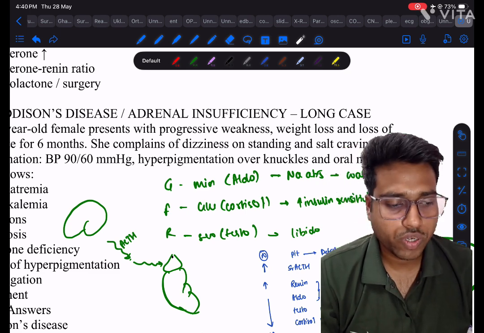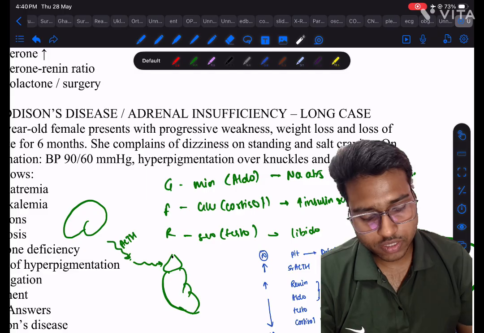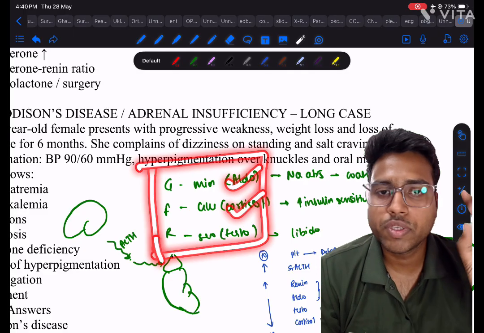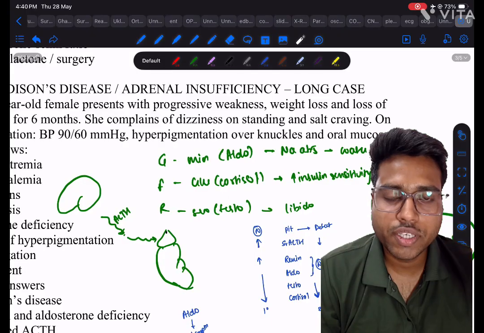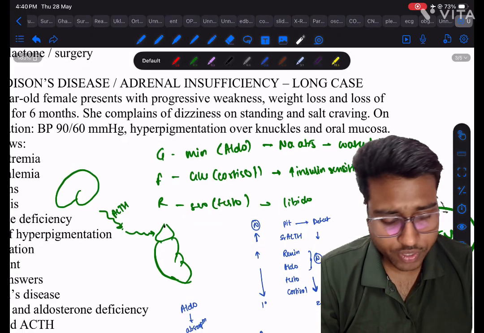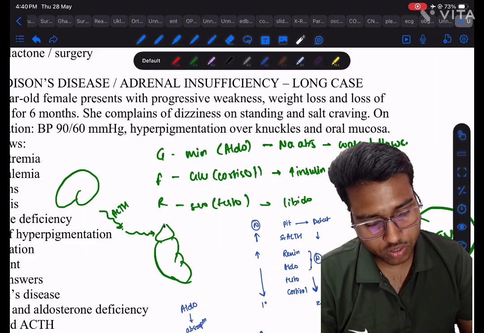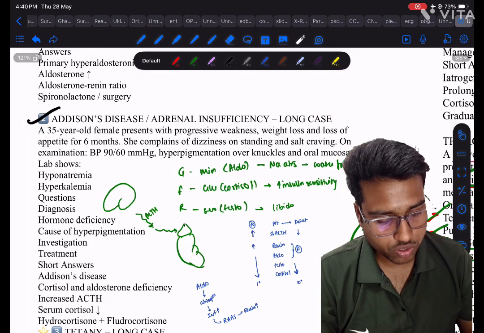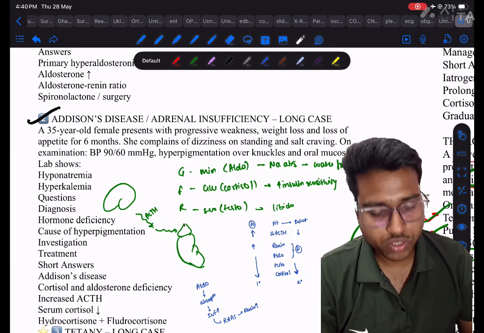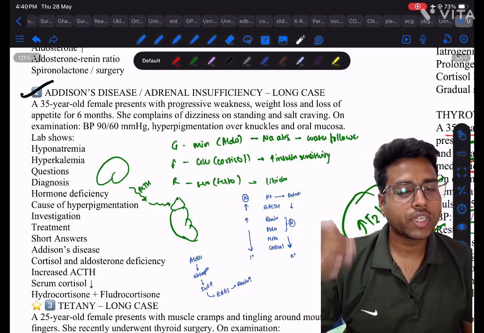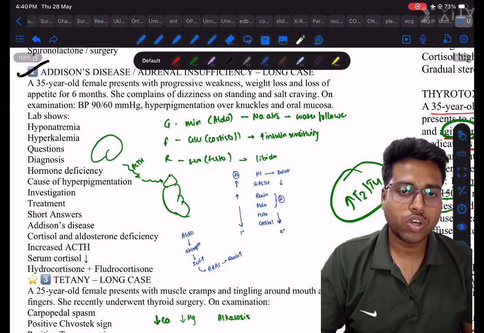Okay, so what happens if there is adrenal insufficiency or Addison disease? It causes damage of the adrenal gland, so it will reduce the adrenal functions. So there will be a reduction in the release of these three hormones: aldosterone, cortisol, and testosterone. Okay, glucocorticoids, mineralocorticoids, and testosterone. For treatment of this patient, we have to treat the symptoms and also give these hormones to the patient.